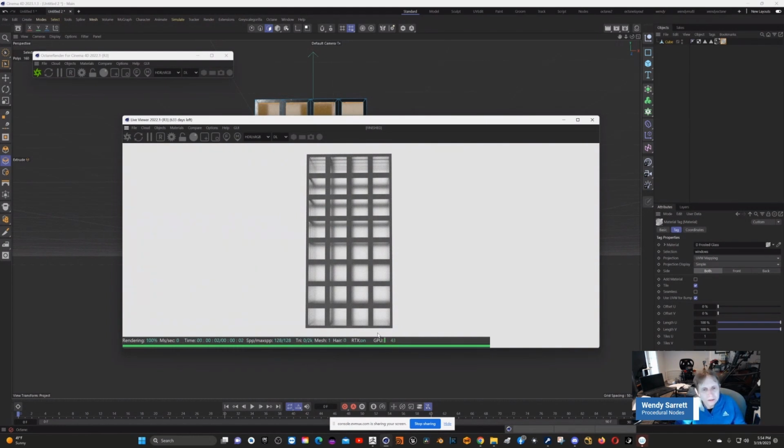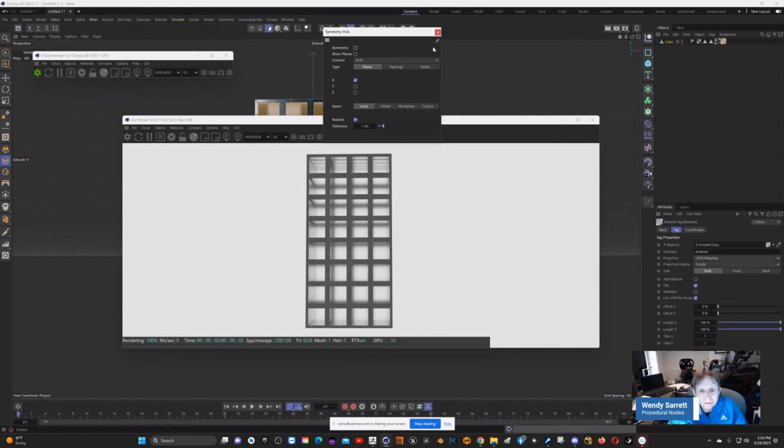Now, that's how you would do it. This is how you can very quickly make an office building-like structure in Cinema 4D using this lattice effect. One other thing I want to point out with Cinema is the symmetry has gotten very strong. You can do it on any axis. So you can show the planes,